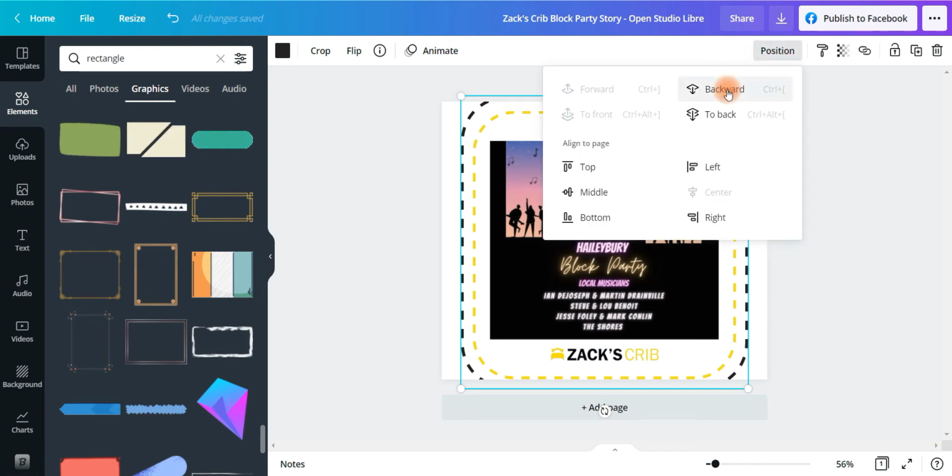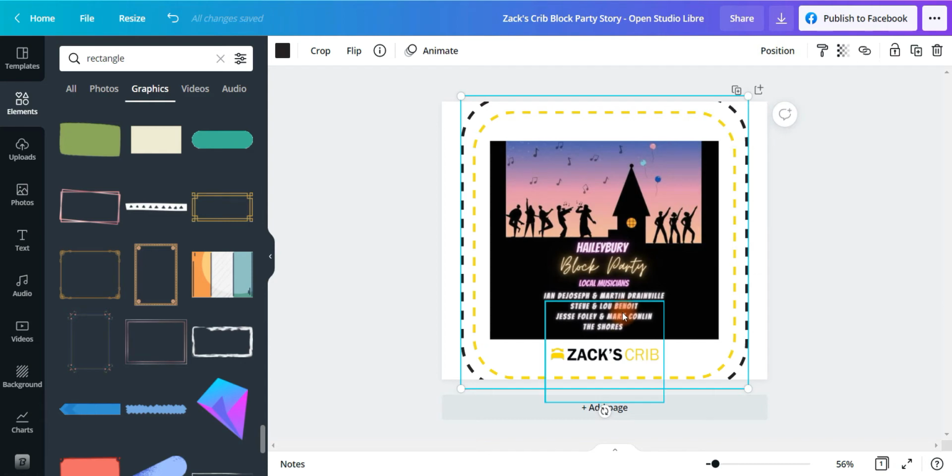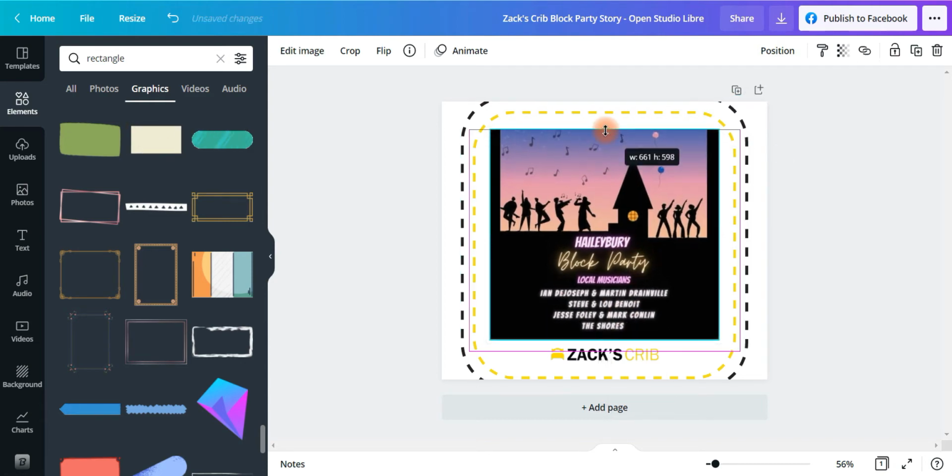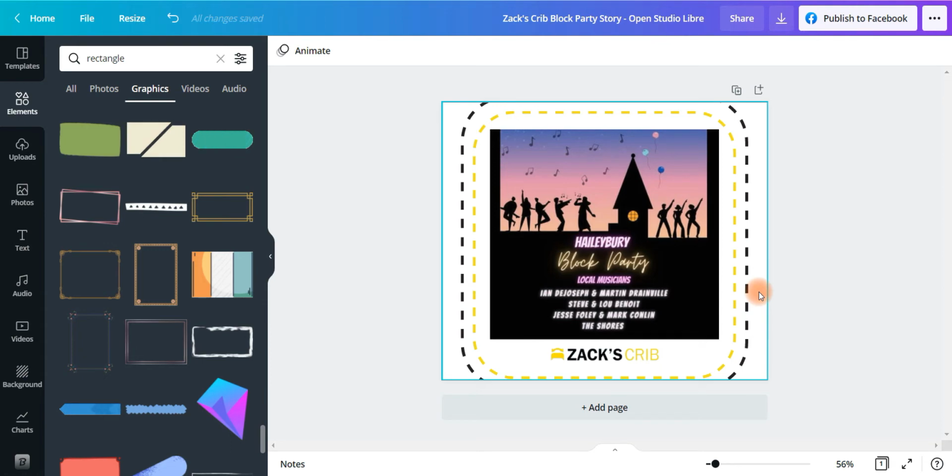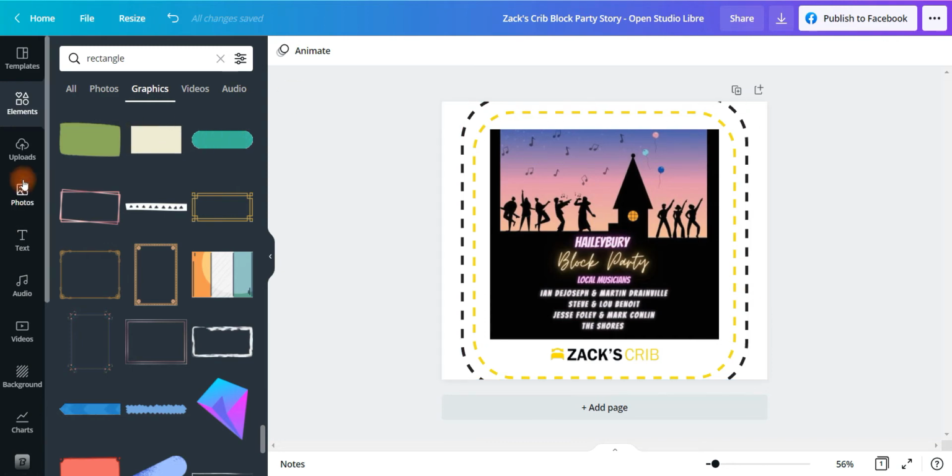Actually, let's go back. I want to access this again and get it a little bit more central. Okay, so what I was going to say is I want to go back and go through the steps that I took to actually get the image that we're looking at. So just to reiterate, for the sake of clarity, I went into upload, I grabbed the image that I saved from my downloads, I put it onto here, and then I went into elements, which provides me with these 2